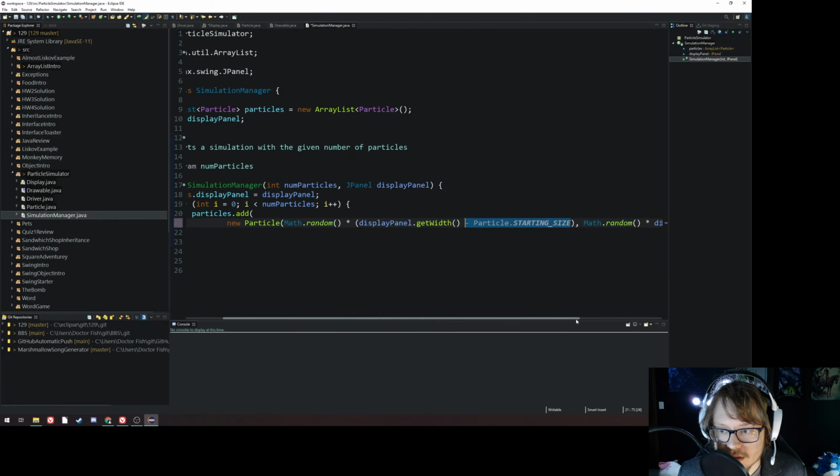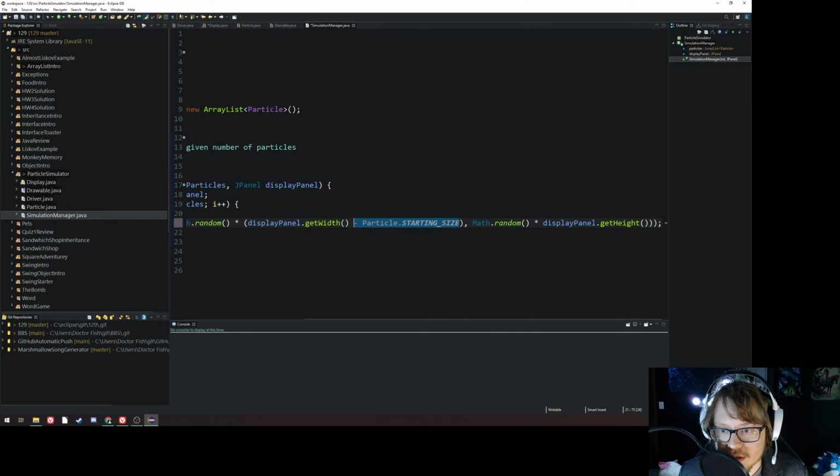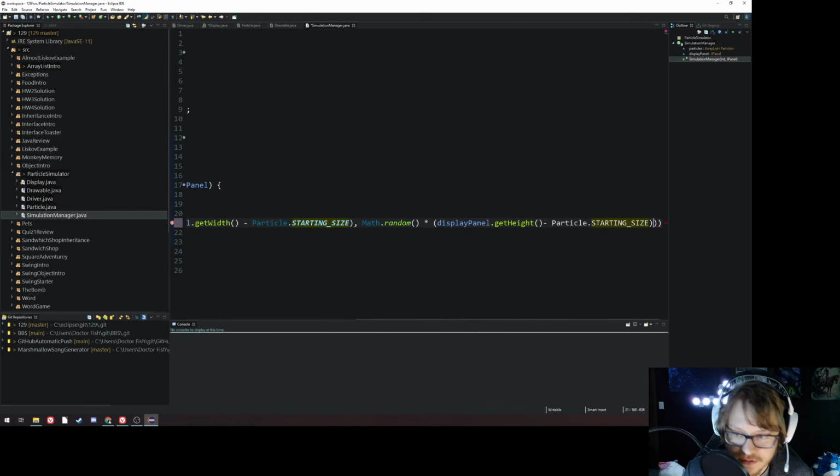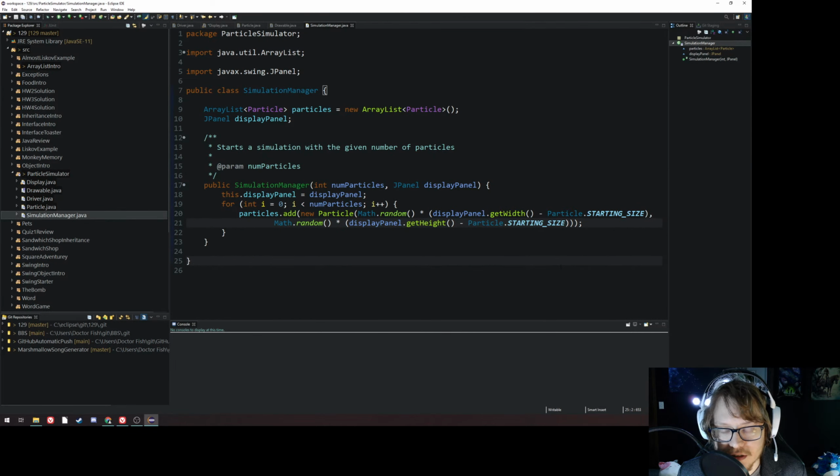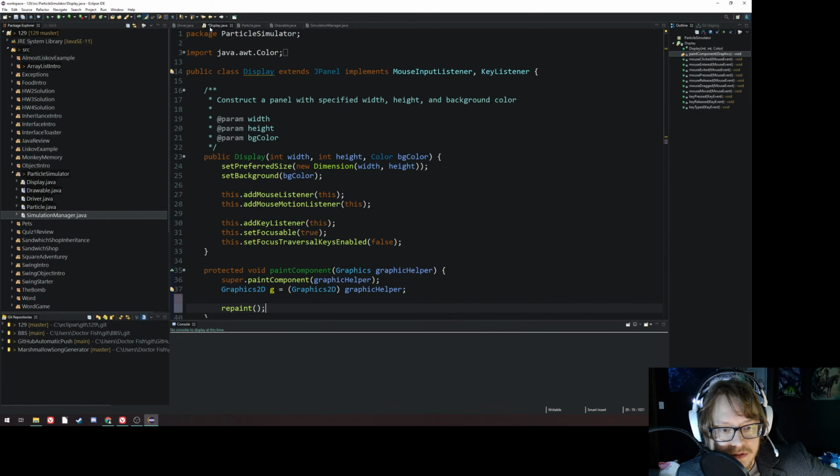So there, and then now I have to pan over because the auto formatter did not do a good job here. Let's see if it puts it on a new line now. Alright, cool. That's a little bit better, but still not great. Okay, and that gives me a large collection of particles to work with. Alright, let's go back to my